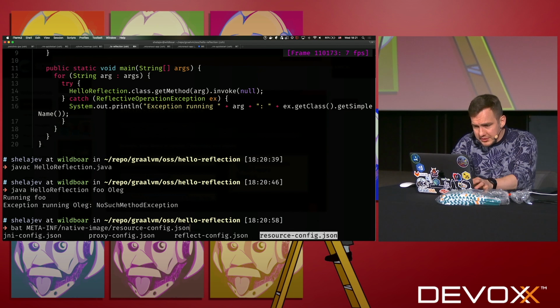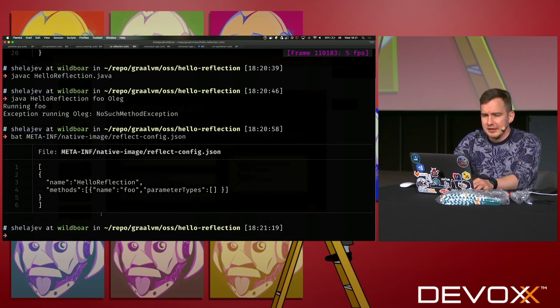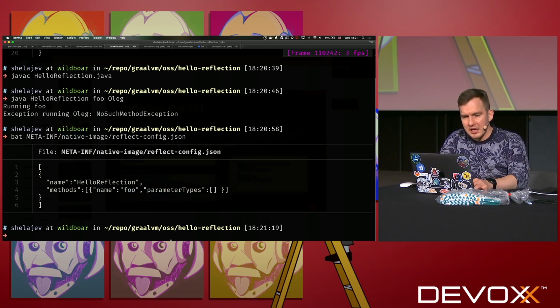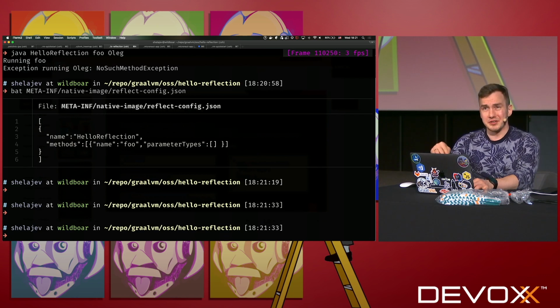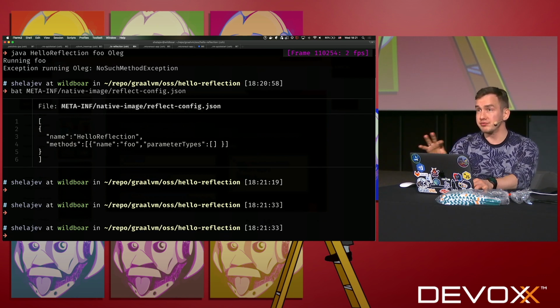Let me show you how it looks. It looks like this reflection file, this JSON file. I will say that my hello reflection class will have to expose a method called foo with no parameters for reflection usage. If you're wondering how I got this file, I could write it by hand